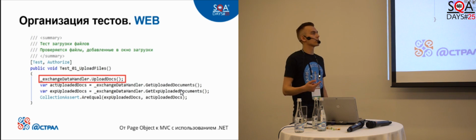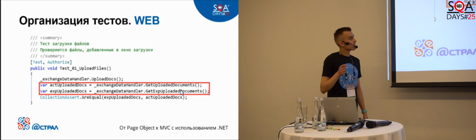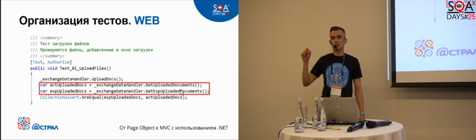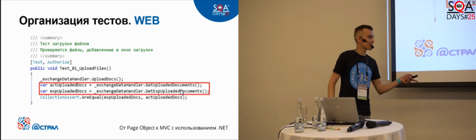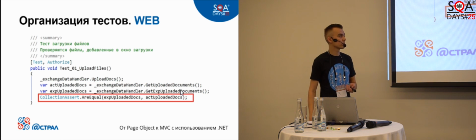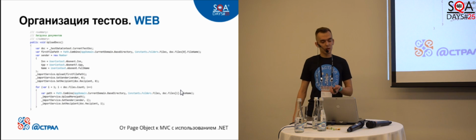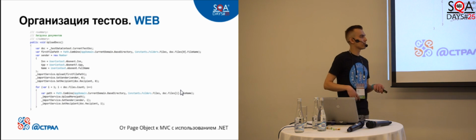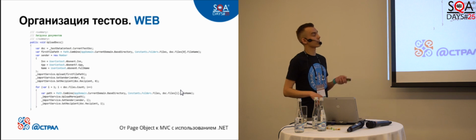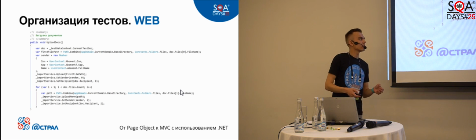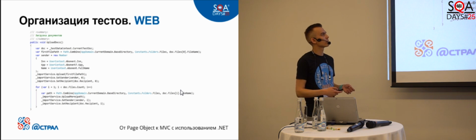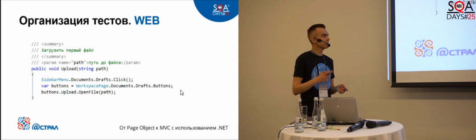On the first step, thanks to the data processor, we use the method of the file loading test. So it will refer to our services that will interact with the user interface. Then we form the actual and expected test data and compare them. The data processor will interact with the user interface through low-level services. It looks like that: our test data is taken, goes to low-level services, and low-level services connect with the user interface.